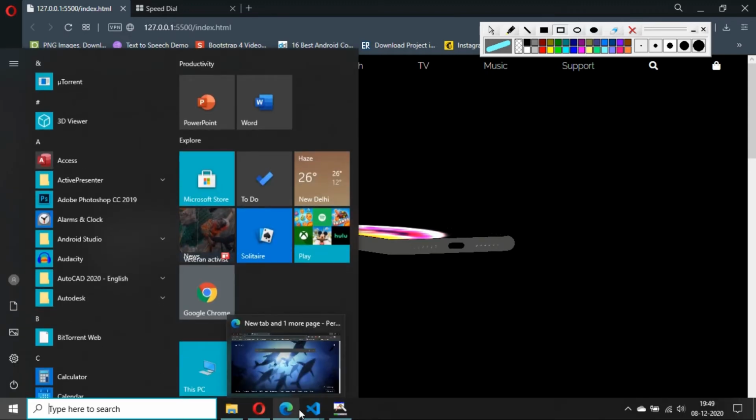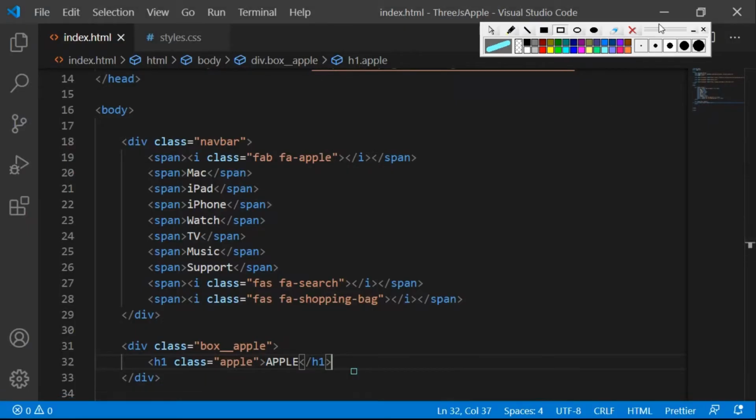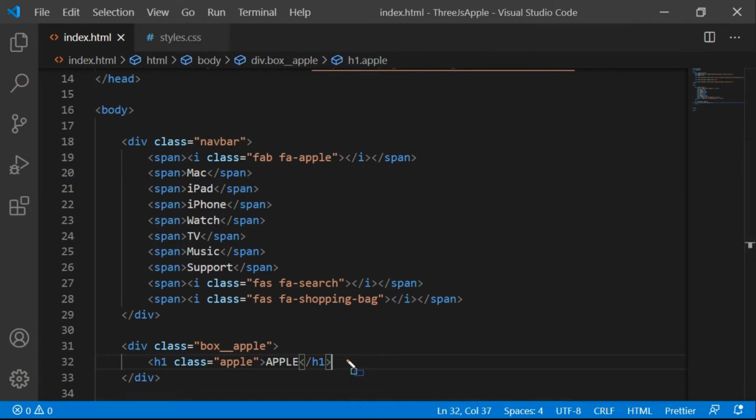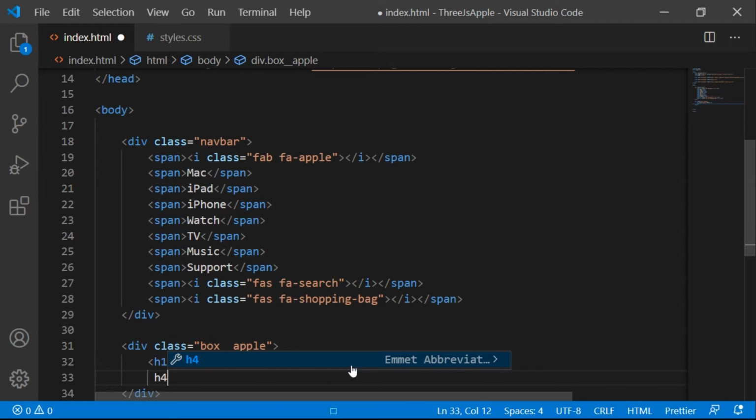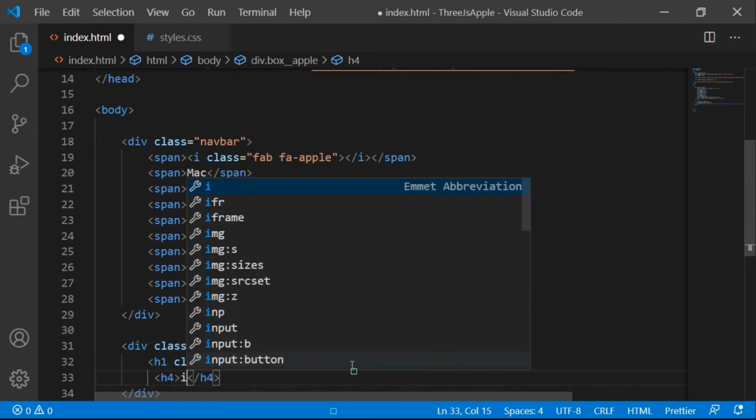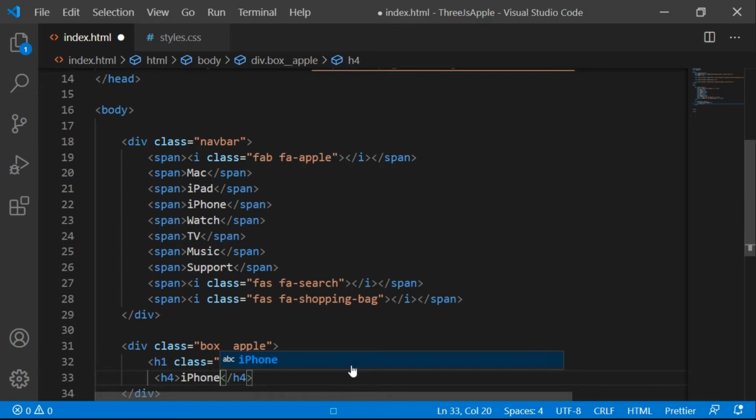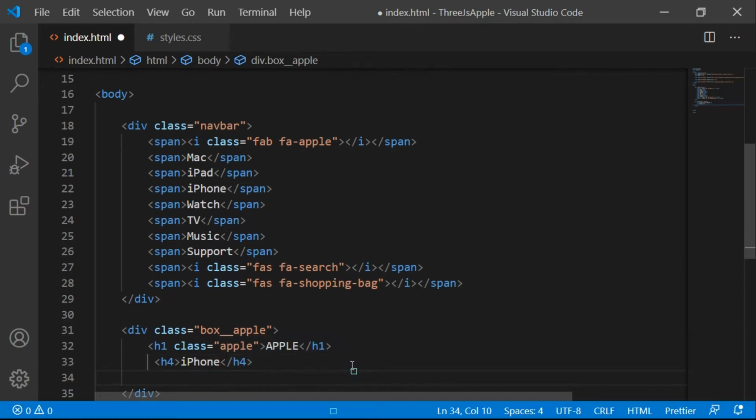And okay, let's go to Visual Studio Code, minimize this, and okay, let's add h4 here, h4 and then iPhone, and let's hit enter. And for the para tag, as I told you earlier, it's a leap year, which is 2020, right? So we're making this video in 2020, so it's a leap year, and a full stop at the end. You can just keep it like that, or you can add a space in between.